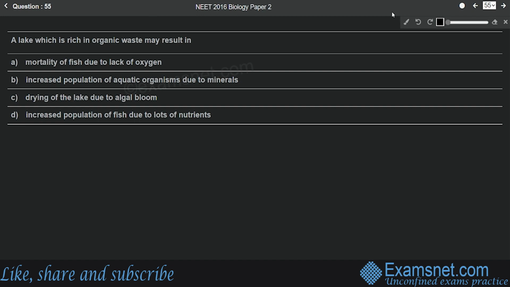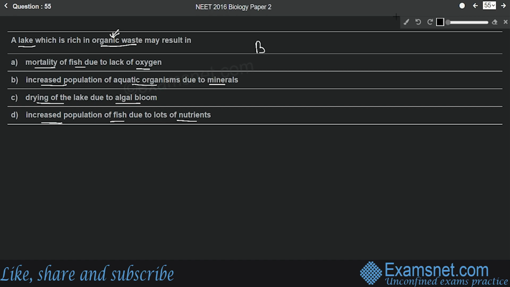Question number 55 is from the chapter Environmental Issues, and the question is: a lake which is rich in organic waste may result in option A, mortality of fish due to lack of oxygen; option B, increased population of aquatic organisms due to minerals; option C, drying of the lake due to algal bloom; and option D, increased population of fish due to lots of nutrients. So let's see, the lake is rich in organic waste. That means a large amount of organic waste is present in the lake, and that is going to increase